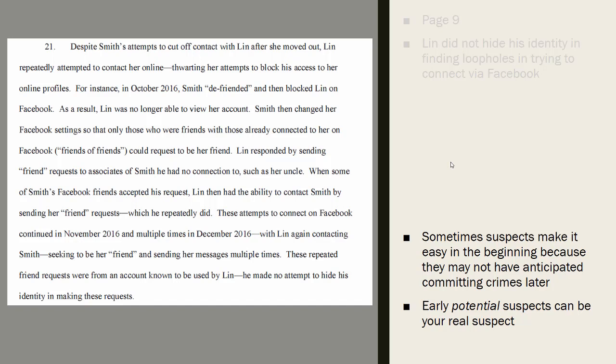Now you can see this in other cases too, such as Ross Ulbricht with the Silk Road case. He was actually using his real Gmail account online in addition to his Dread Pirate Roberts email. So just don't discount things. If you actually see your suspect online, it doesn't mean that that person is not the same person who is doing the crime that you have not identified.